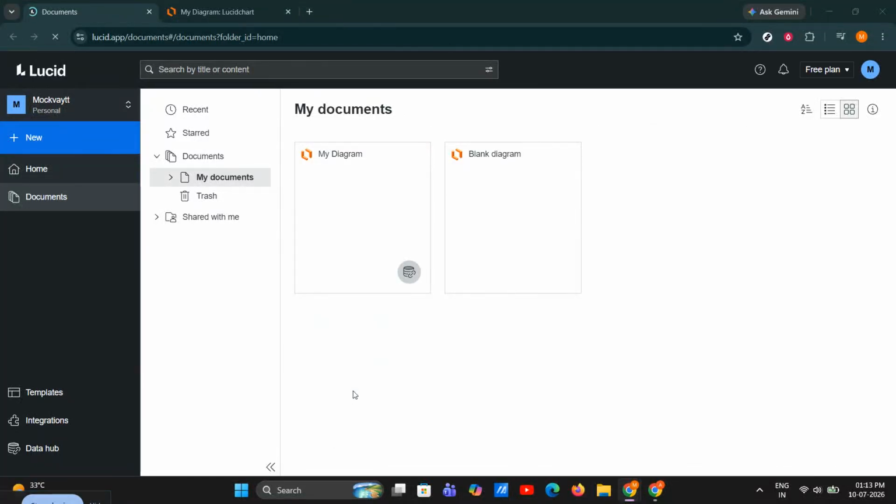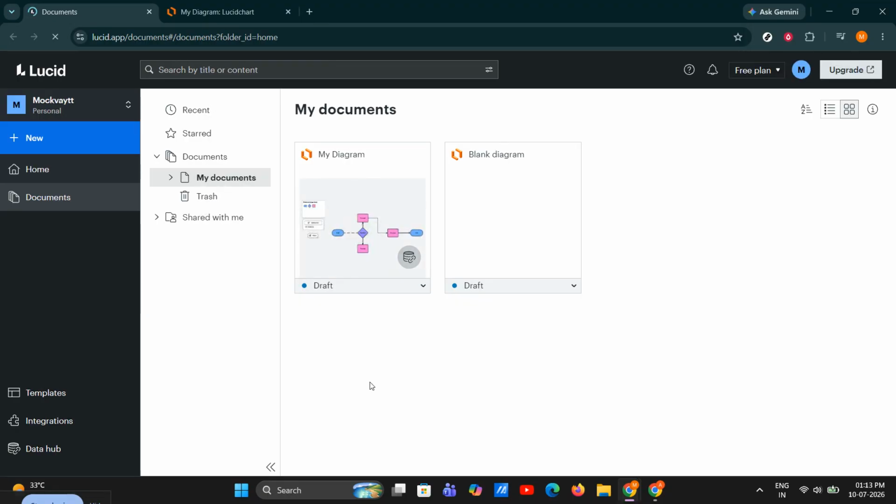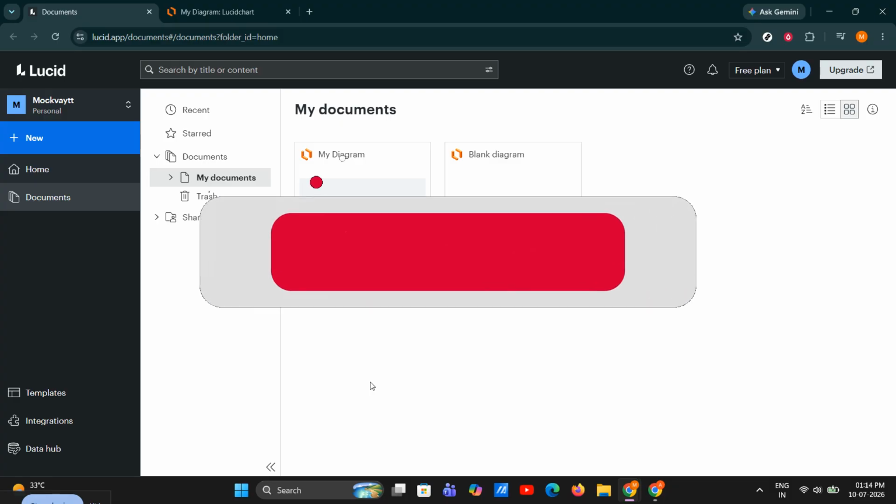If Lucidchart is showing an offline error or a connection problem, don't worry. In this video, I'll walk you through the fastest fixes step by step so you can get back to editing your diagrams without wasting time. This usually happens because of a corrupted browser cache, a temporary login issue, or a network restriction blocking Lucidchart from connecting properly. The good news is that most of the time, you can fix it yourself in just a few